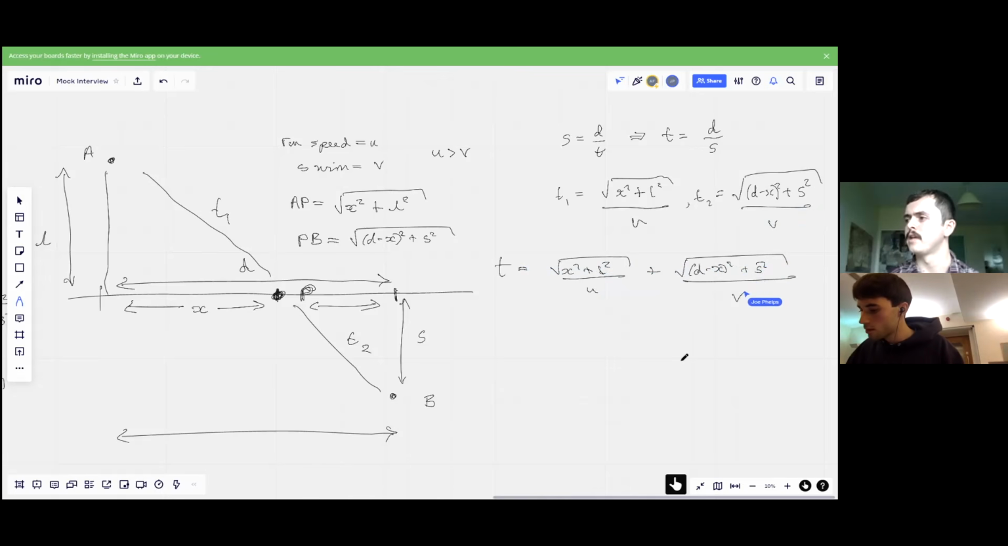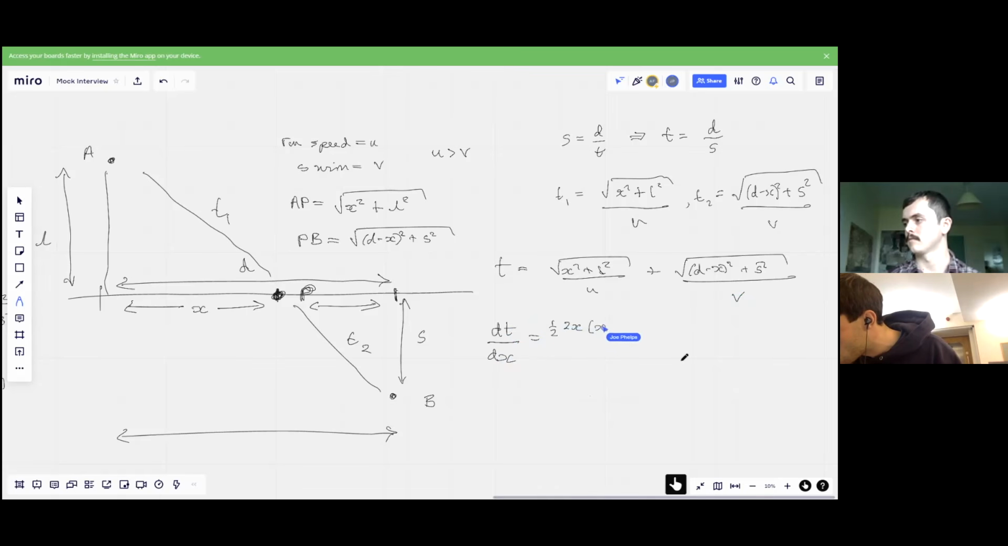And then your initial argument was that you were going to optimize this expression. Yeah, so what I can do is then differentiate this time with respect to x, and that would give me the value of x that would give the minimum time taken. So if I do dT by dx, this is x squared plus L squared to the half, so I get a half times 2x times x squared plus L squared to the minus half, over u,